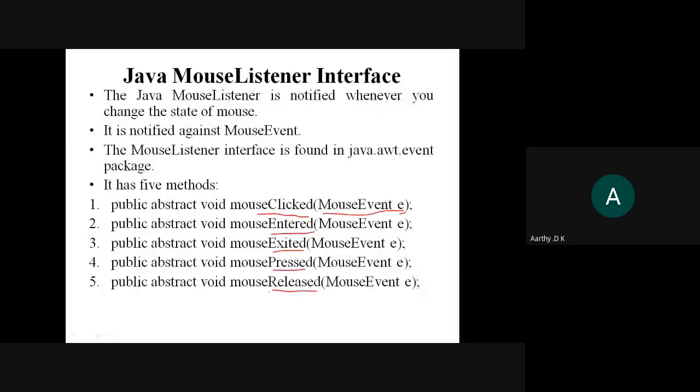That is, you will have to say what will happen when the mouse is clicked, what will happen when the mouse is entering into the screen, when it is leaving out of the screen. We will specify all these things by giving some code inside these interfaces. As you know, interfaces will have only methods declared inside them. You will have to implement these methods.